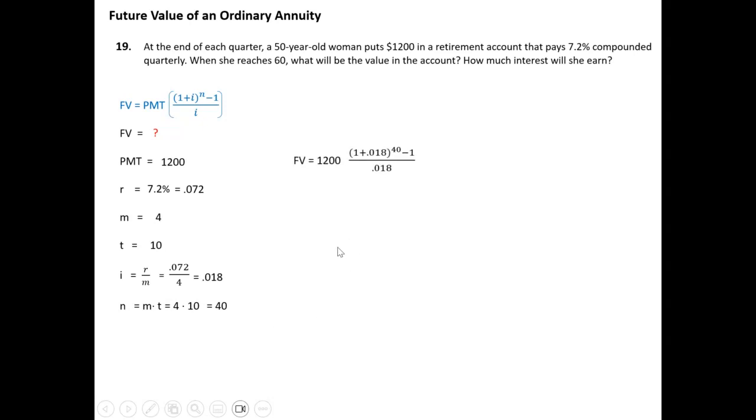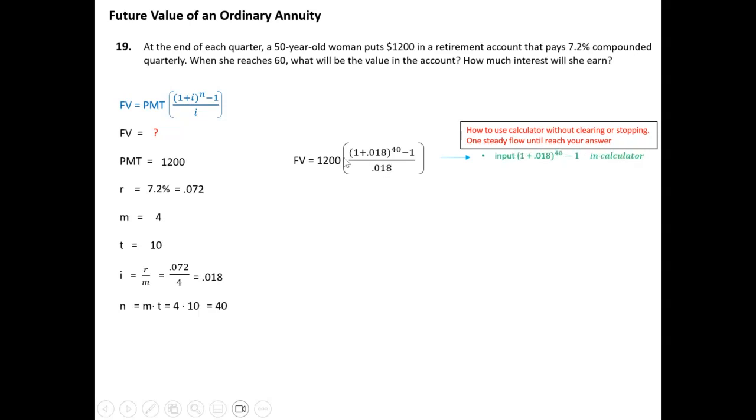So what we do is plug in the formula. And I'm going to show you how to use it without clearing or stopping, in one steady flow until you reach the answer. Because at times students don't know how to plug it in, so I want to show you step by step. So the first thing that you're going to enter is the numerator. The parentheses 1 plus 0.018, close it, to the 40th power, minus 1. And this is the result,